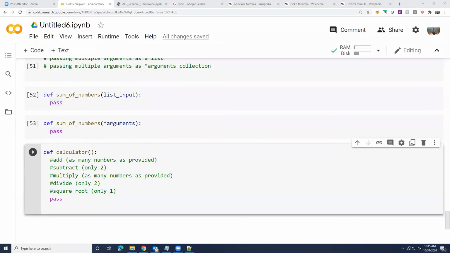Why are we subtracting only two numbers? Medha, because it's not clear when I say subtract three numbers, do I mean a minus b minus c, or a minus b plus c, or c minus a minus b? It's not clear what I'm expecting. When there are two numbers, I can very clearly say I'll always subtract the first number from the second number, or the second from the first.